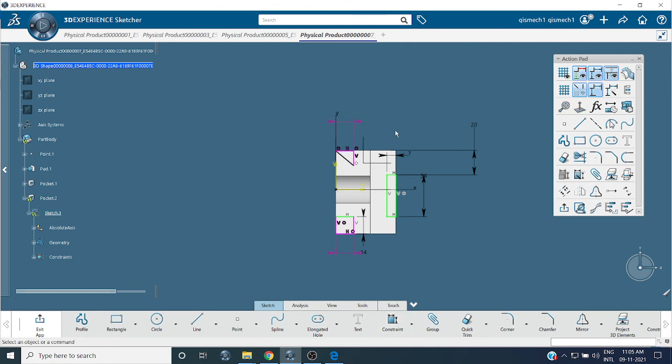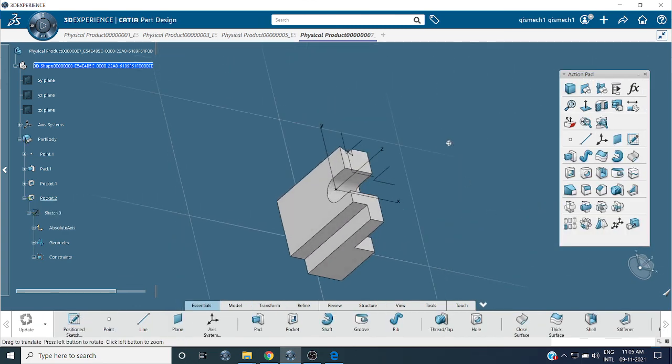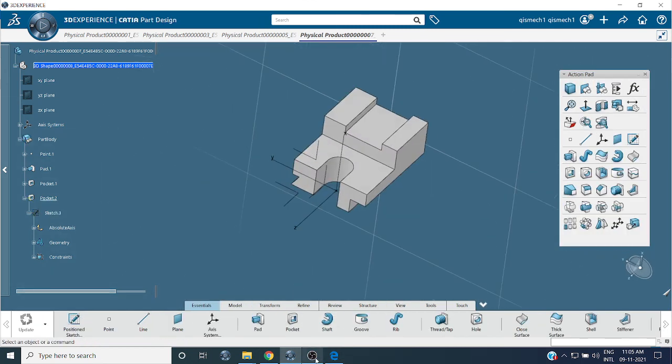This is 11 point something, 11.28, and this angle is 60 point. This needs to be coincidence. Exit. Okay, it's completed. Thank you.